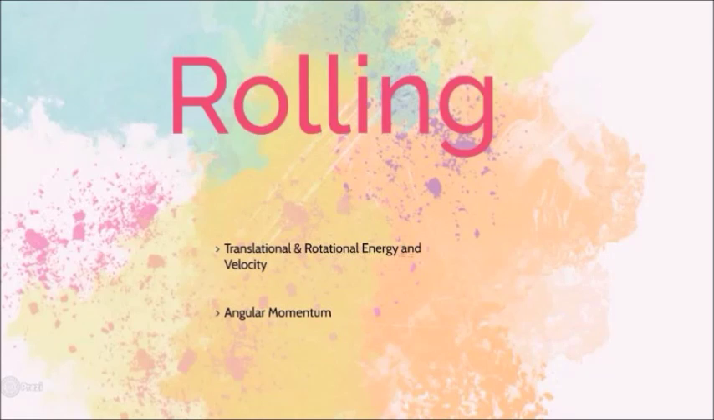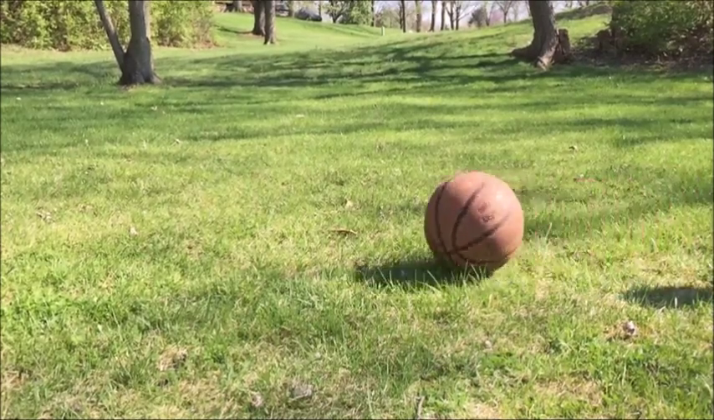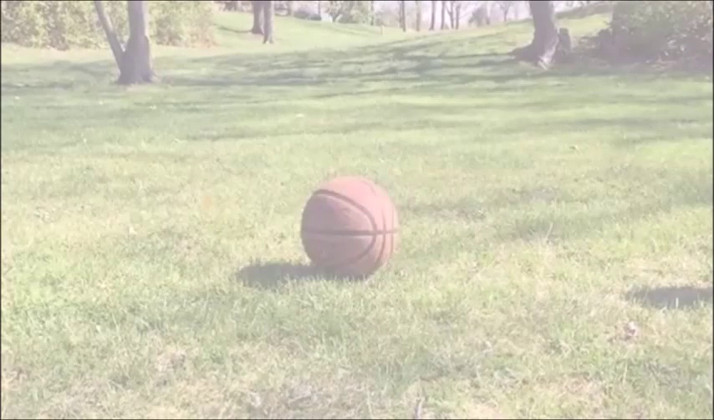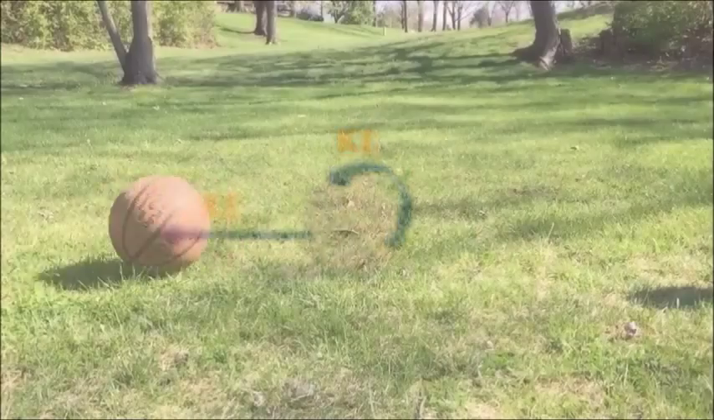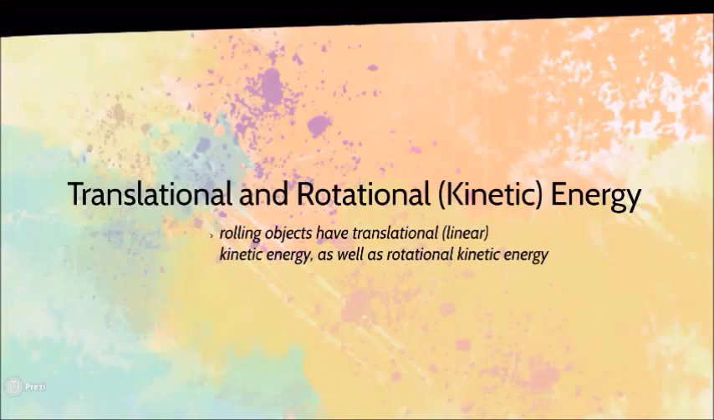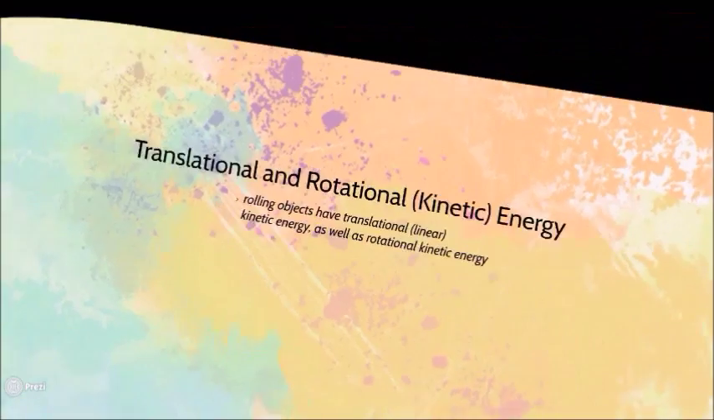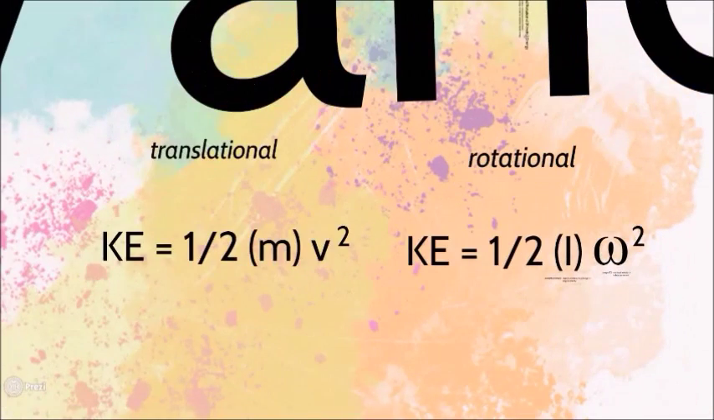To see this, let's look at a basketball rolling. Here we can see the basketball has translational kinetic energy because it is moving forward through the screen. We can also see that the basketball has rotational kinetic energy because it is rotating around its own axis as it moves forward. We know the translational kinetic energy equation is KE equals 1/2 mass times velocity squared, and we